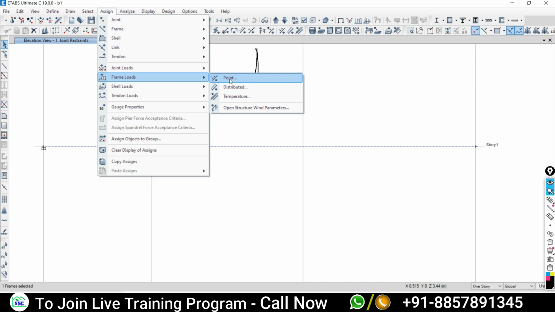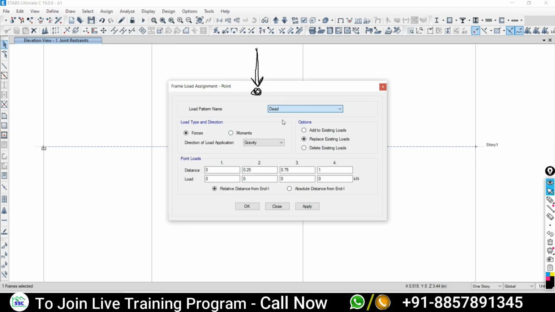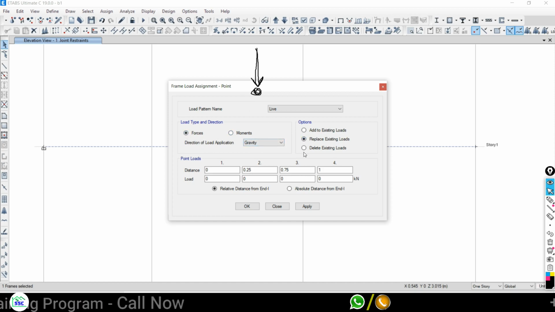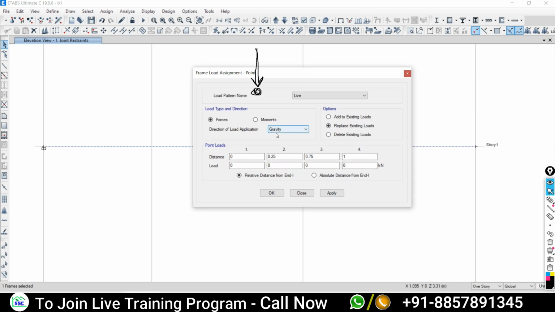Under the live load pattern I want to assign the force, not movement. Force will be there, and see, here the direction of load application is automatically gravity, so we don't need to put the minus sign.